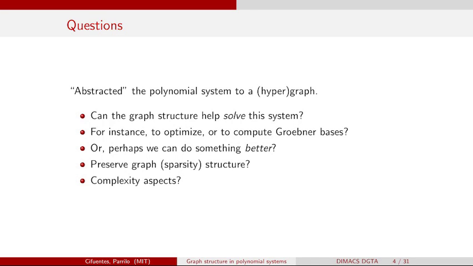In particular, a very important question is whether there are ways of preserving the sparsity structure of this graph. Think about any of the examples that I talked about before. Think about the power network example. I may have 50,000 generators in the US. This graph is typically very sparse because you don't have a generator in California talking to one in Massachusetts directly. They may talk through other generators along the way.